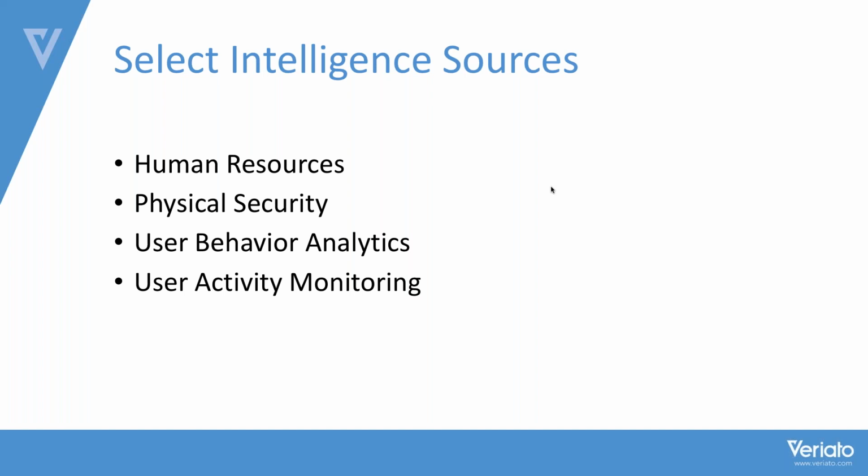You hear all the we's in the sentence there, versus "I can't believe that I didn't get the promotion. I deserve that." It's generally negatively toned, and it's all about me. And so UBA can help with those kinds of things, determine leading indicators, and then user activity monitoring is where